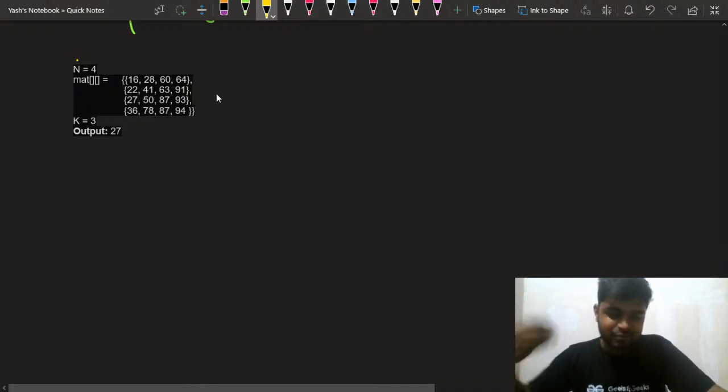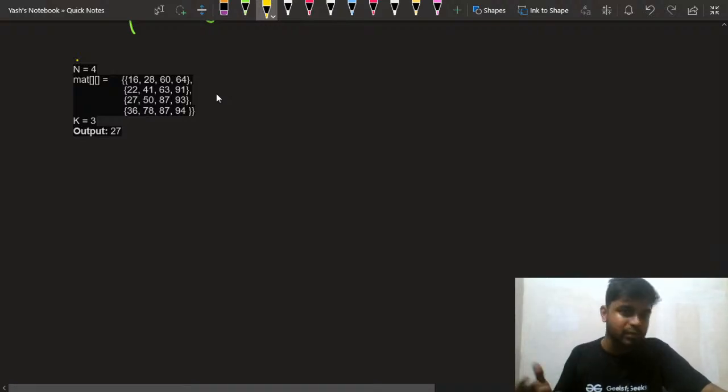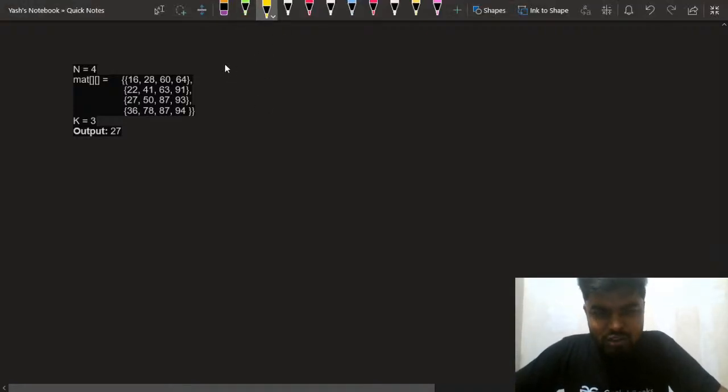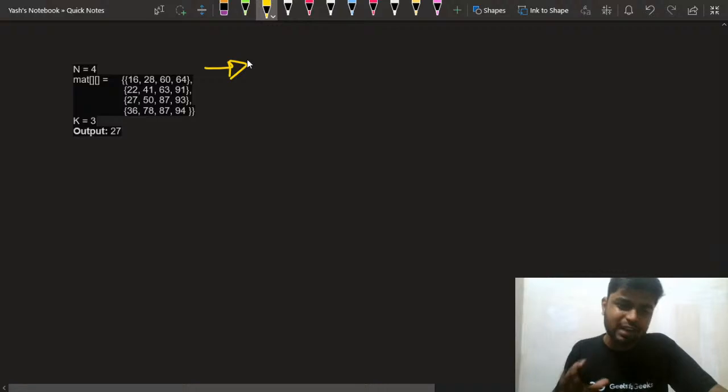Because if you are inserting all the elements, then it will take time to heapify as well. It will take time to arrange itself as a max heap as well. So this will take a lot of computations. So what you can do is, every time you just keep a track. What we generally do in such questions, finding the kth smallest element in a normal array, or the case here is kth smallest element in a matrix. So what we basically do here is we just do